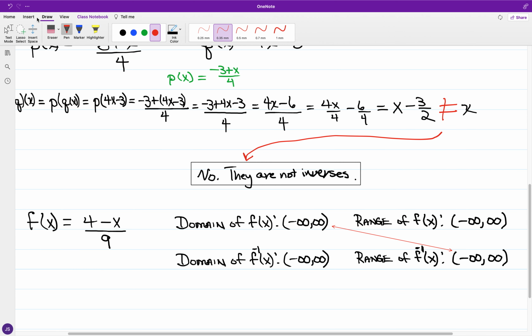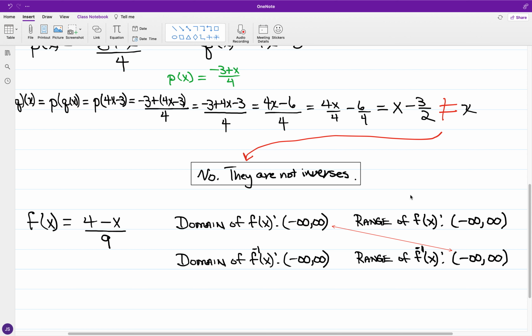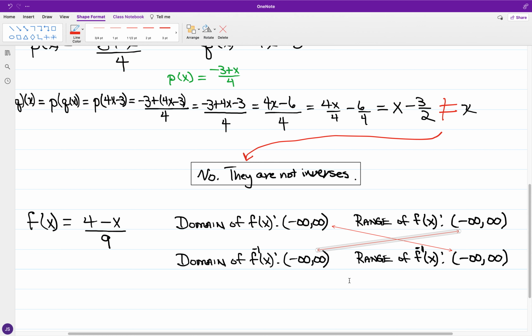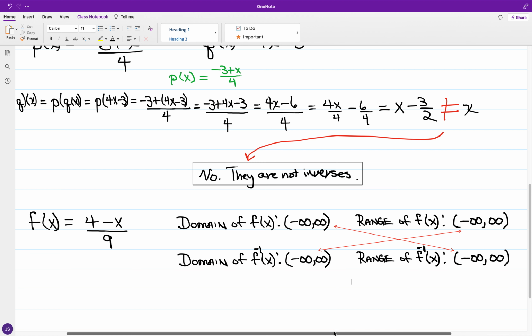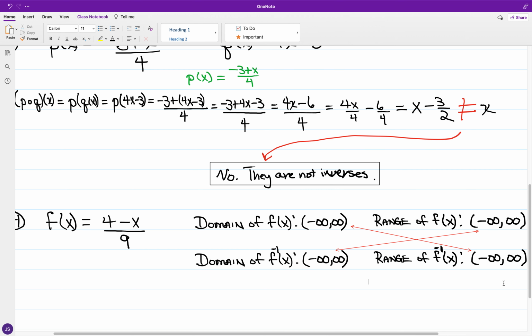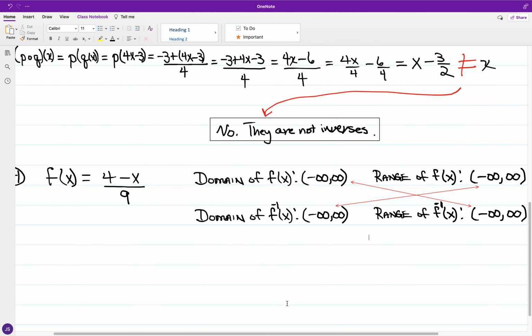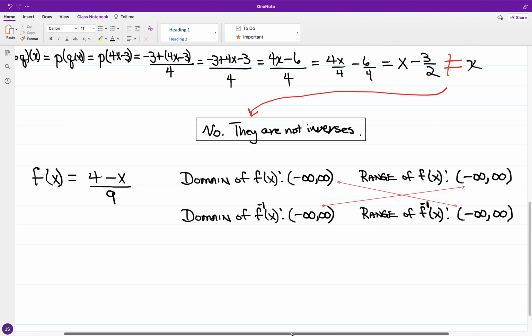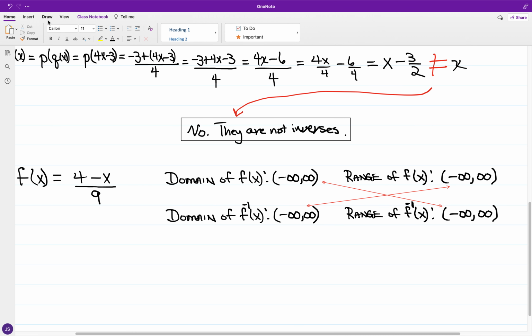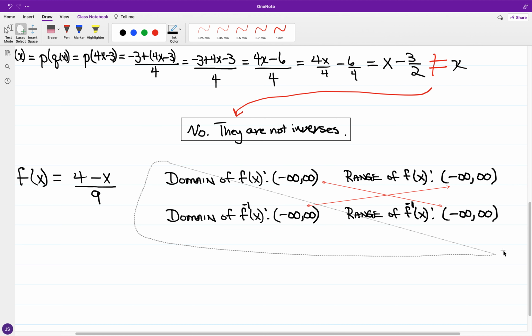And it'll also work the other way around. Whatever I have in y for the one-to-one function, I'm going to have in x for the inverse. So what is in x for one will be in y in the other, and vice versa. We have both sets of domains and ranges as all real numbers throughout. And for the determination of the inverse of f of x is equal to 4 minus x over 9,